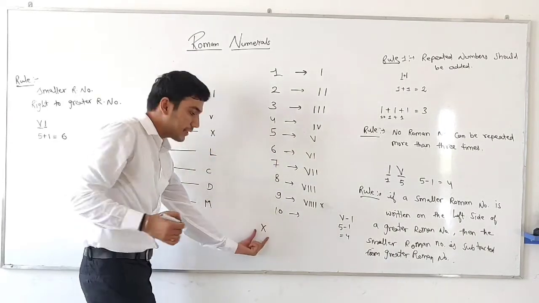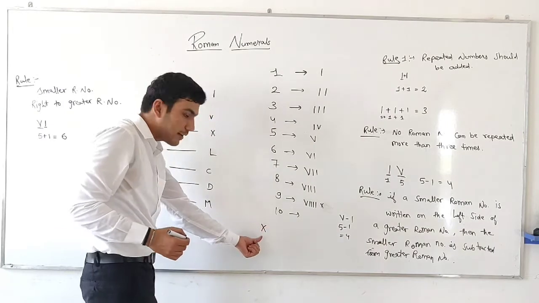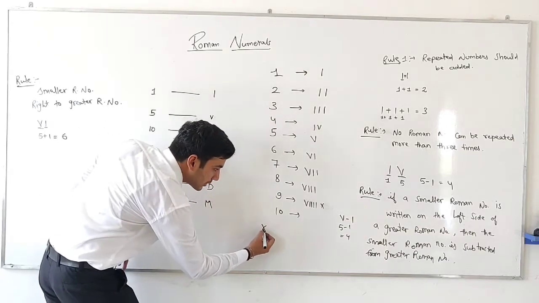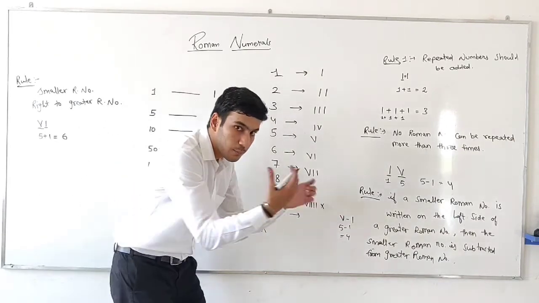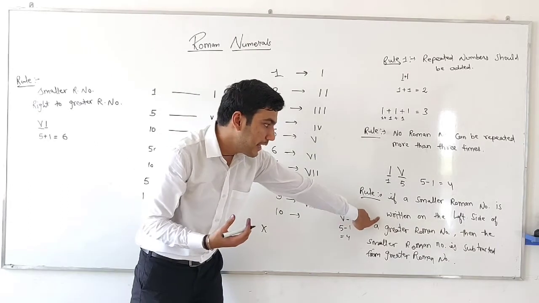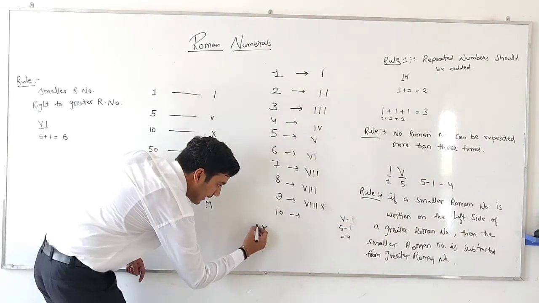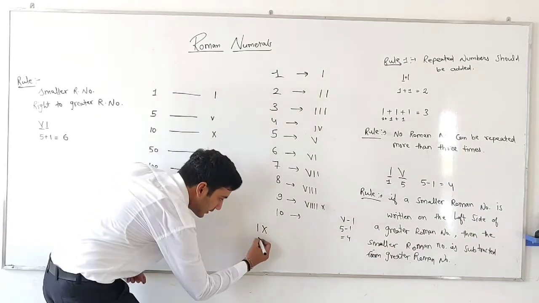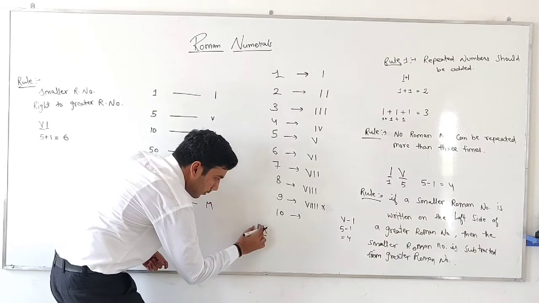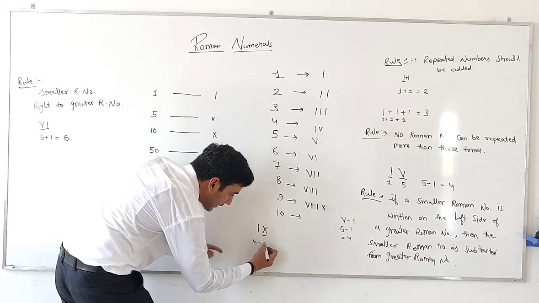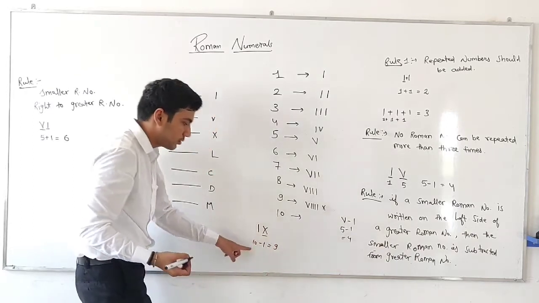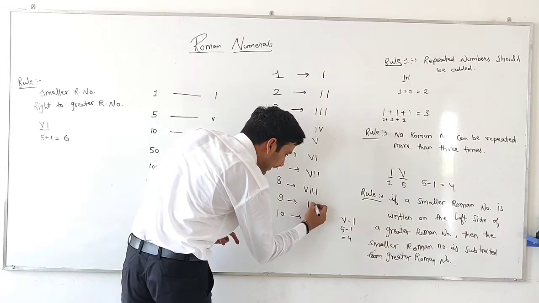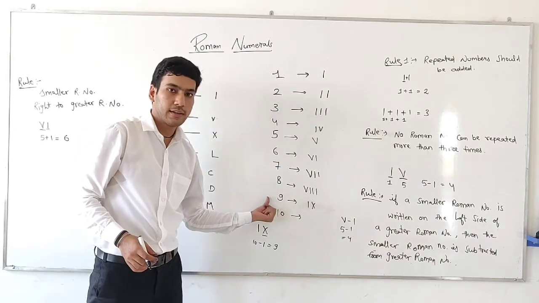We know this is the Roman symbol of 10. And if I subtract 1 from this, then I will get 9. So how to subtract any Roman number? Just put a smaller Roman number in the left side. So 10 and I'll write 1 in the left side. Then what is the meaning? This is for 10 and due to left side, this 1 is subtracted from this, that is 9. So the Roman symbol for 9 is IX. This is the Roman symbol for 9.